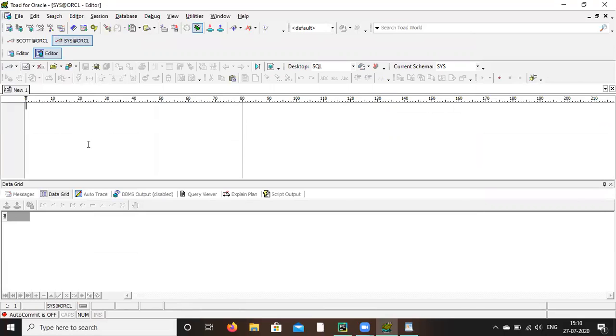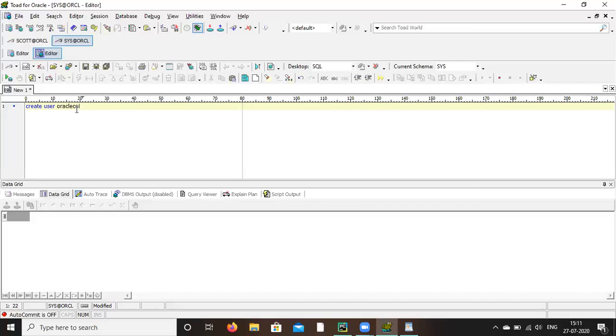So system. Okay, so all the full access will be here only, and Scott and all other users can be created from here. So now let's say you want to create your own schema or own user. How to create? Create user, right? Suppose you want to create a user by your name, like this is Scott, like that you can create your own username. Create user. Give the name. Any name you can give.